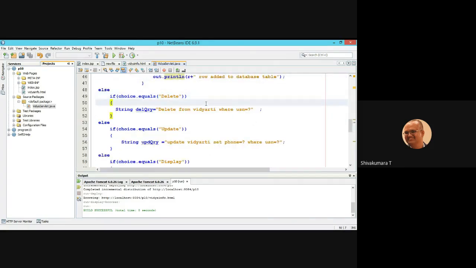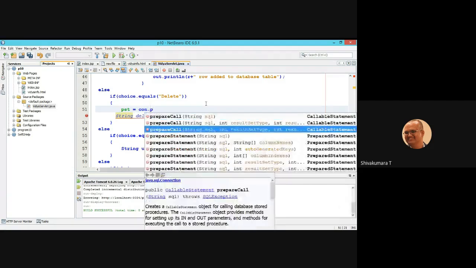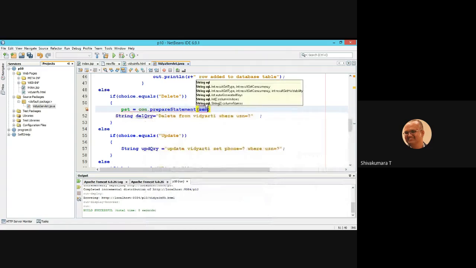For this, I am going to use the pre-compiled query, that is the prepared statement. The prepared statement is already declared with the object name PST. Now you invoke PST equal to connection dot prepare statement, preparing the statement on the del query.